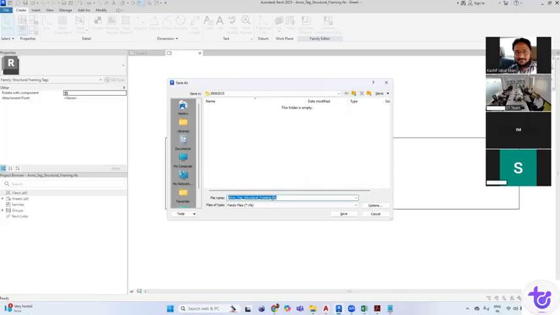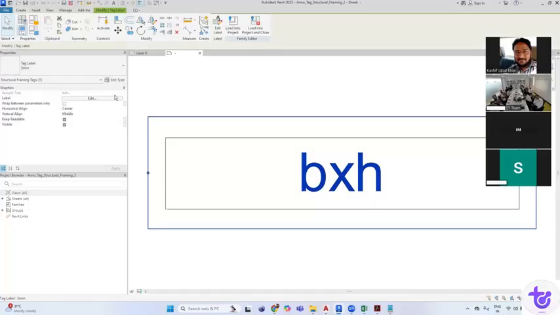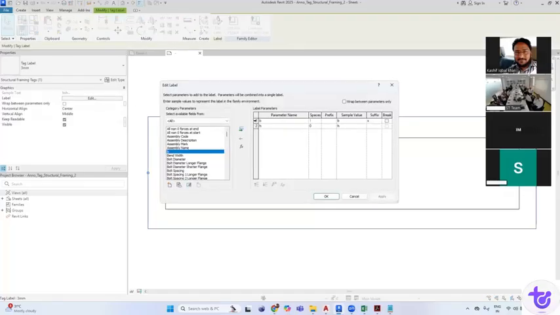I know tag structural framing. For now, I am just adding a suffix with _2. We can rename it according to your requirement. We'll save it. And instead of having these two parameters, which were set to be shared, we will remove these